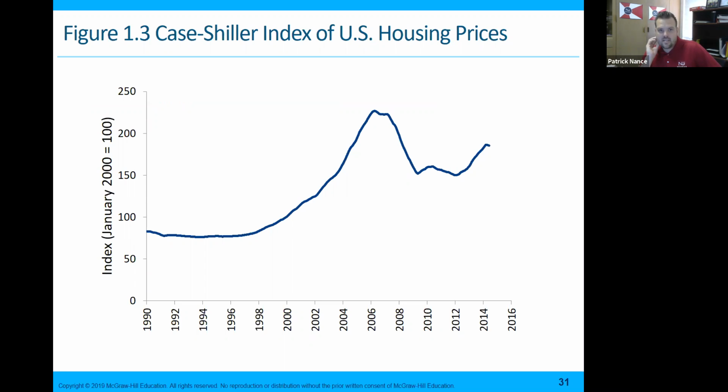All right, this is a Case-Shiller index of housing prices, and you can see the steep climb from about '98 all the way through 2006 or 7, and then you saw the drop. So what ended up happening really, because loans and money were becoming so easy to get, is that banks were allowing people to overextend themselves. They were letting people buy homes they really couldn't afford, and then the value of those